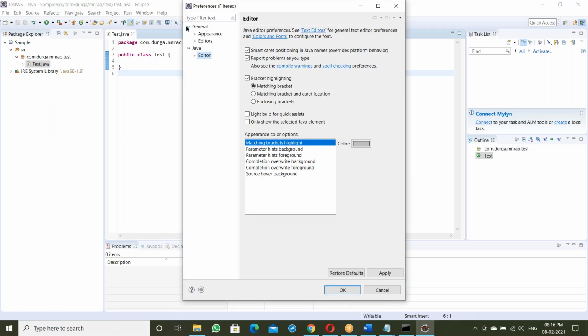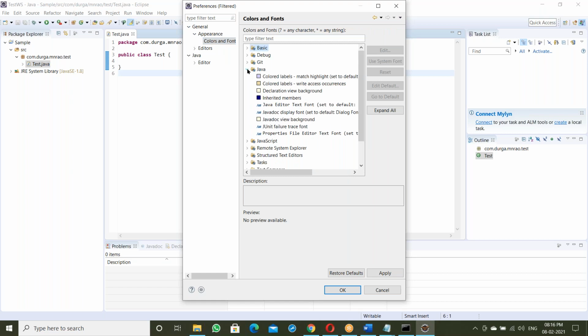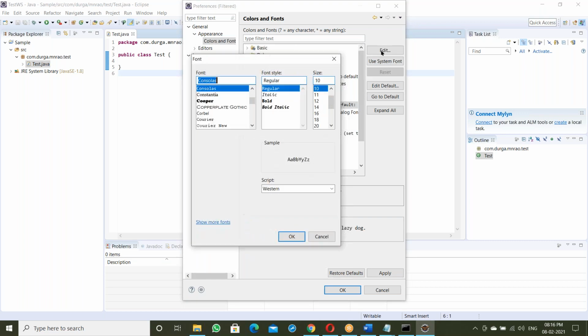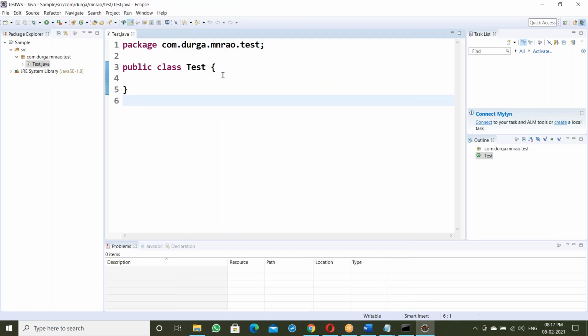Preferences. General, Appearance, Colors and Fonts. Java, Java Editor Font. Edit. Bold, size 18. Okay, fine. For clear visibility, go for bold here. 18. Click on OK. Apply. Done, completed. After that,